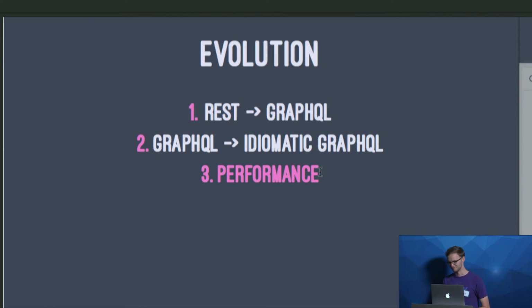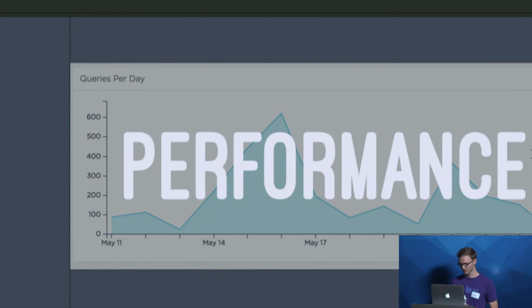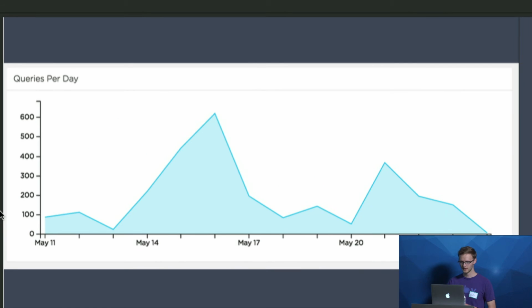So eventually I arrived at this conclusion that, hey, I should adopt this idiomatic GraphQL structure. And along the way, more people started using GraphQLHub. So performance is really important. Here's a rough graph of the queries per day for GraphQL from the past week. I don't know where a lot of these come from, but it's pretty cool. And it's enough data to actually have some interesting